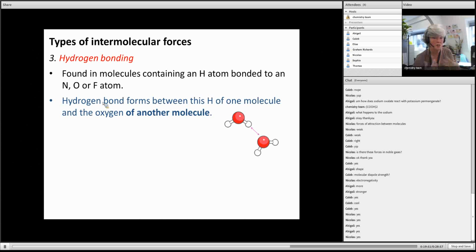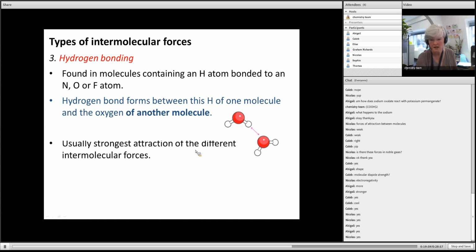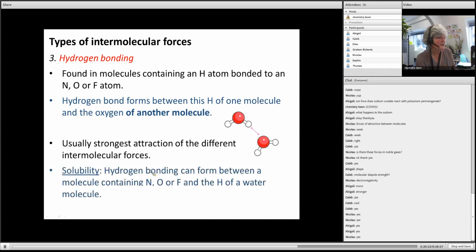So always explain both those points. Show your examiner you understood those 2 points. Okay, and it's normally the strongest. Very, very, very big molecules, the temporary dipole force of attraction can trump it. I mean, that's why, for instance, wax is a solid, because those non-polar molecules are so long and big. But otherwise, you'll find, for instance, water has got a much higher boiling point than a lot of other substances. Okay. Then also with solubility,